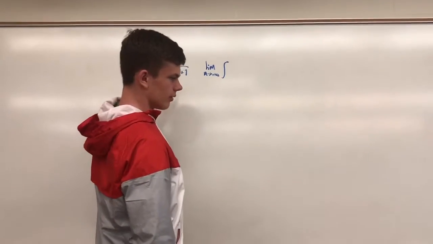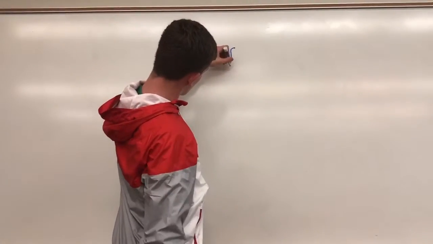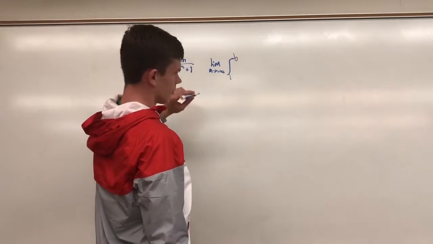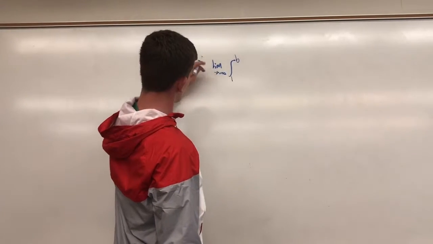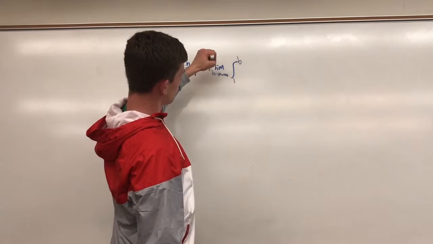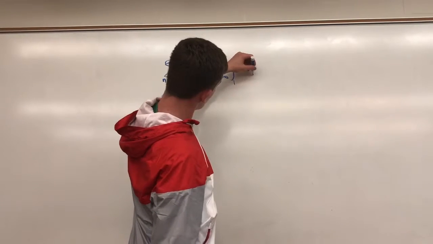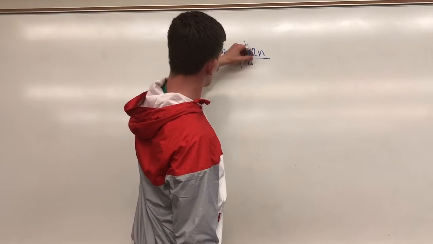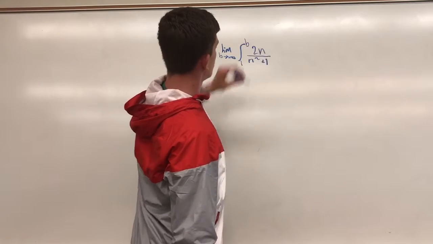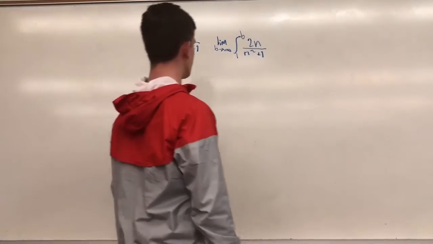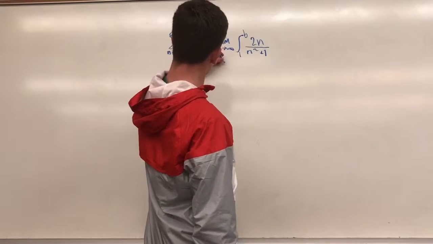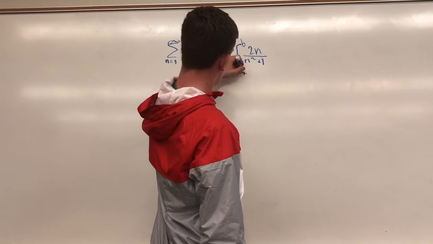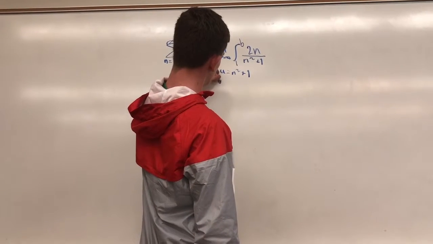And so then we're just going to use the substitution method where we put a 1 here, and then b, and b is going to represent the, or shoot, we're going to change this to b, I'm sorry. So this is going to be b, and b is going to infinity. And then we're just going to put 2n over n squared plus 1. And now, since we've got it in an integral form, it's pretty simple. We're just going to use u substitution. So the u is going to equal our n squared plus 1. And then the derivative of that, the du, is going to be